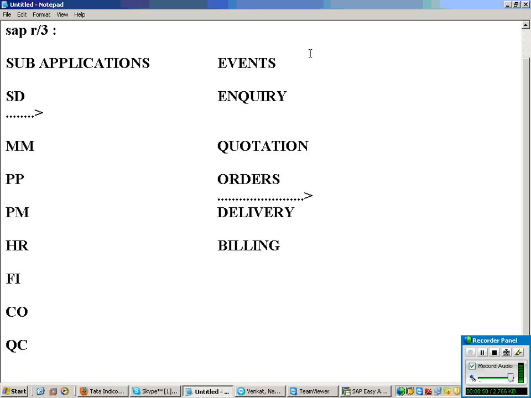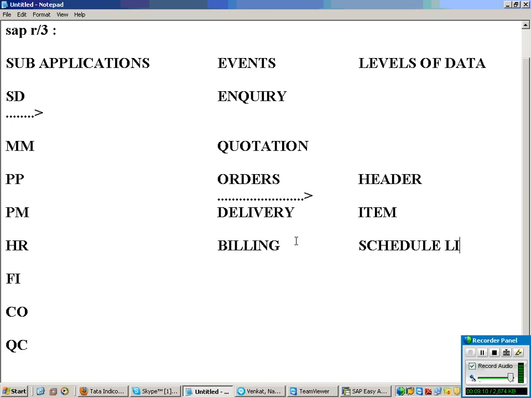So each event will again have different levels of data. Like suppose under order, I have header data, item data and schedule line. Header, item and schedule line.